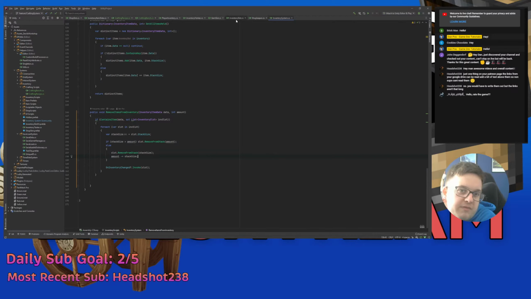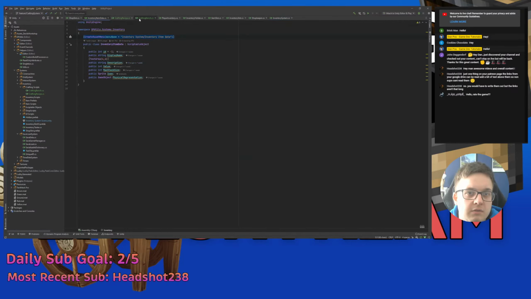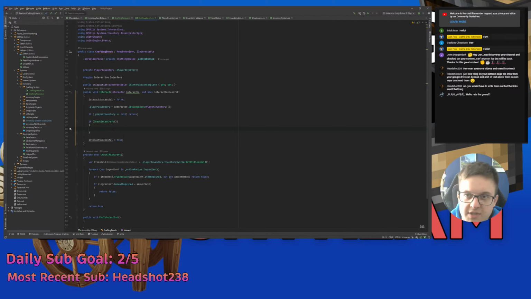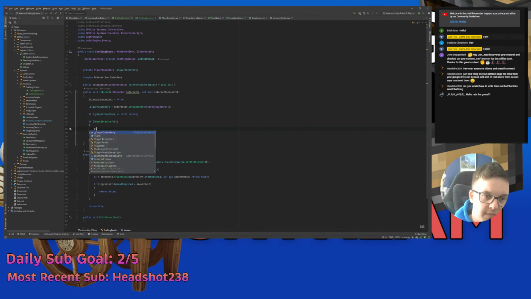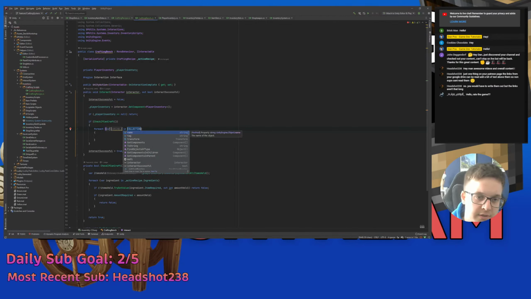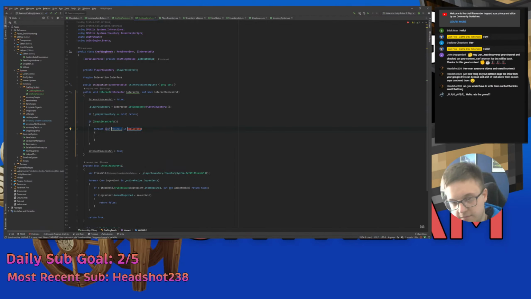Remove items from inventory, which again I did for the shop. So when we sell items, we have to take them out of the inventory. So we've got a crafting bench, so we can just say player inventory. So if we can craft, for each item in, it's this again, isn't it? So for each